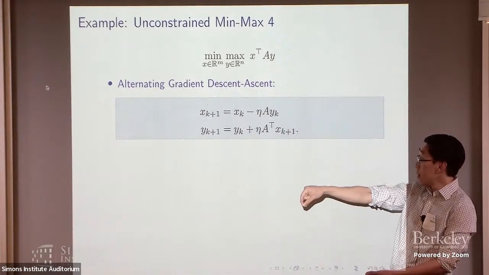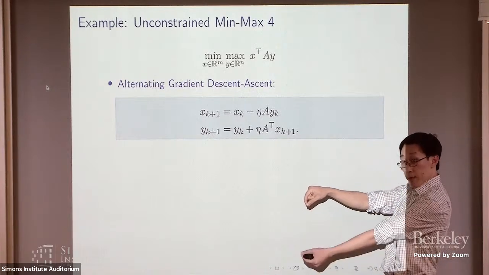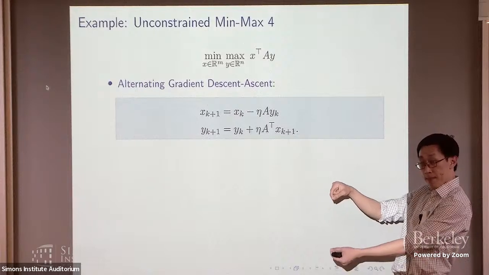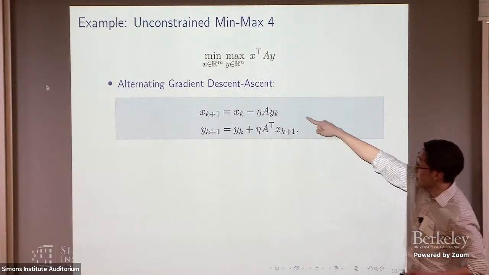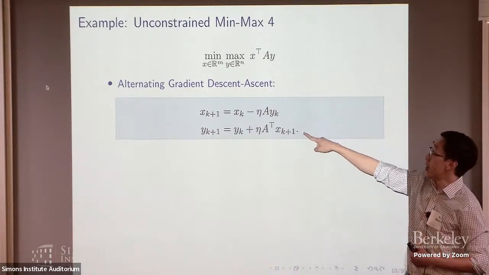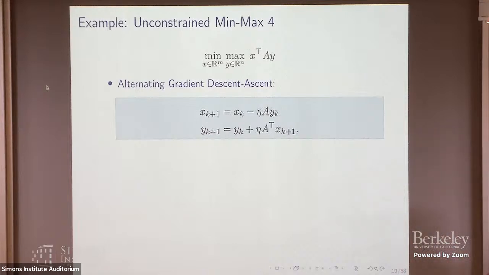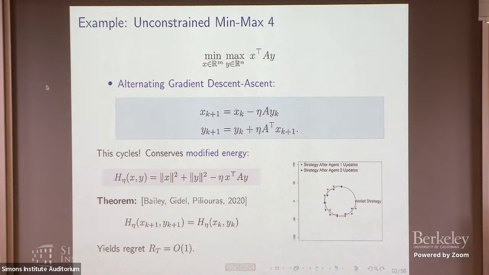So X moves, but the Y player looks at the new value of X before they make the move. So they do the update one at a time. Or equivalently, X plays the forward version, Y plays the backward version. So alternating is also forward-backward for this particular splitting. And here, the behavior really recovers the continuous time behavior. And this is part of the result of a beautiful paper by Bailey, Gidel, and Gidel a few years ago that